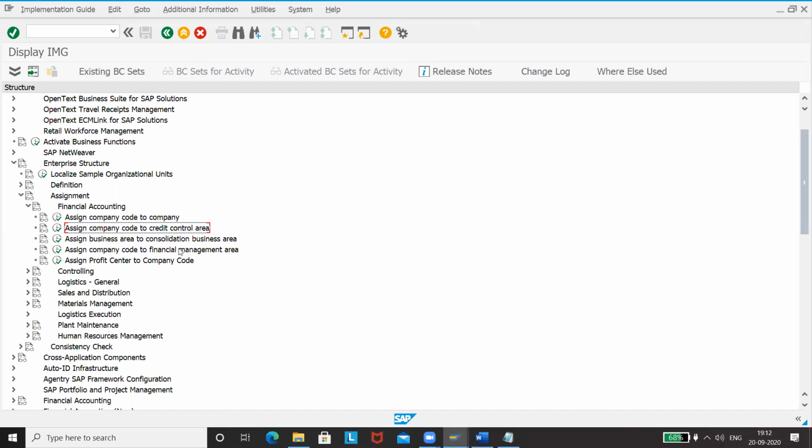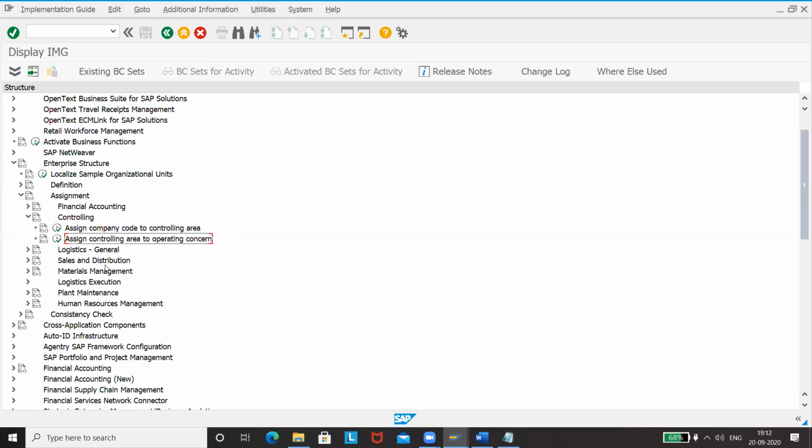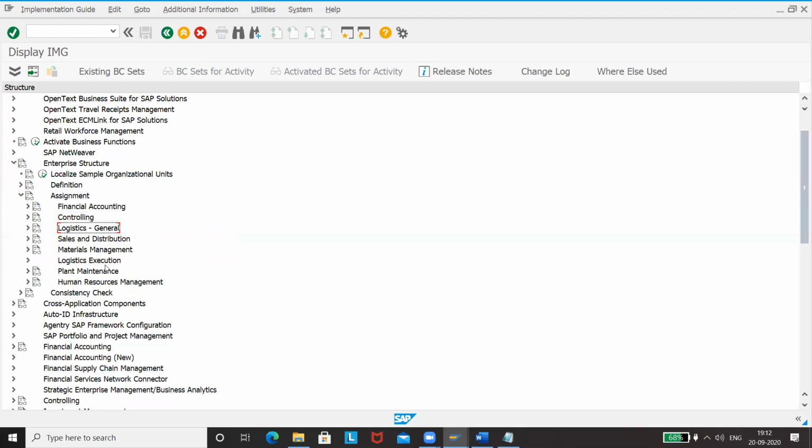This is as well not needed. Financial not needed. Company, this is as well. So we don't have to do anything here in this step, because except company code, we haven't maintained any other parameters. So this controlling, as I've told you, we'll come to it later. So park it for now again. And then coming to logistics.